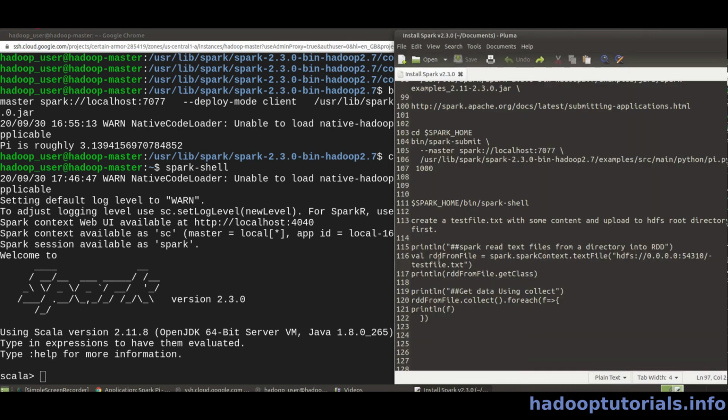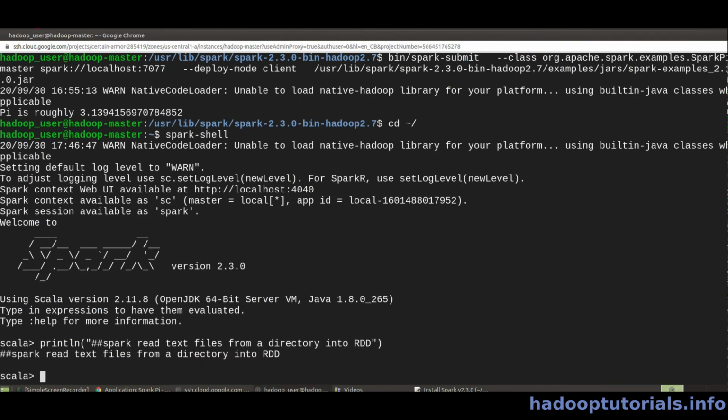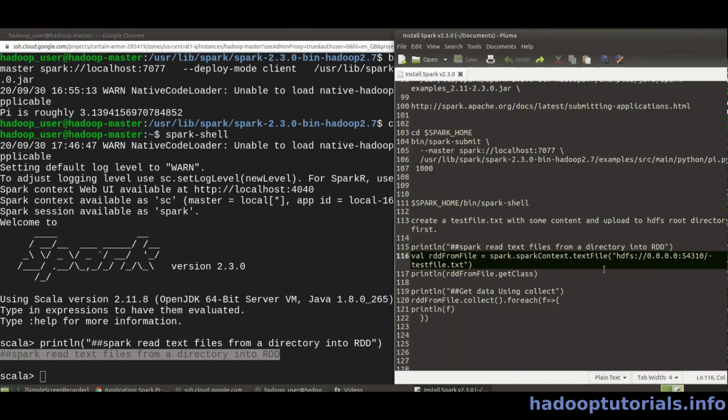Now over here I already have a sample which basically reads a file from the HDFS and then prints it. So let's just use this println to make sure it's working. As you can see, it has printed this output. And the next thing we want to do is just read a file from the Hadoop file system. I know I have a file called